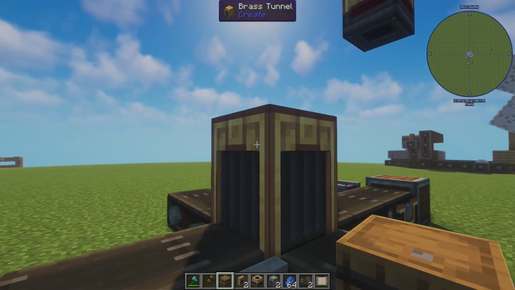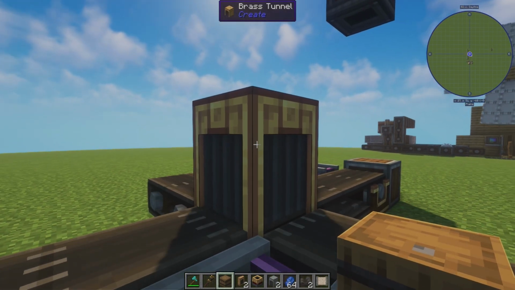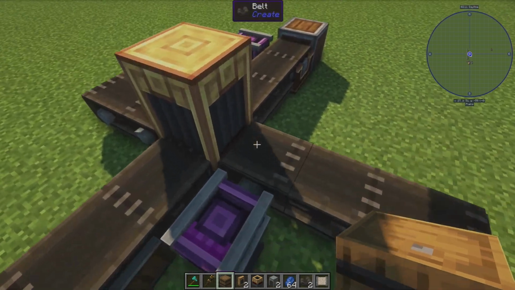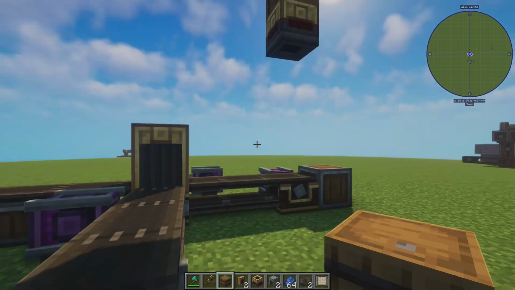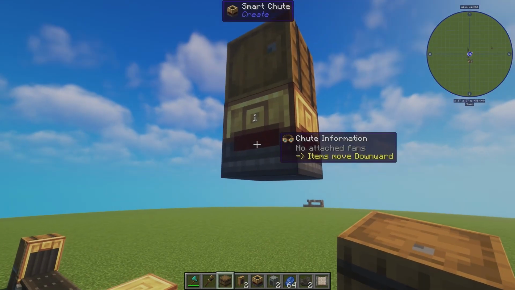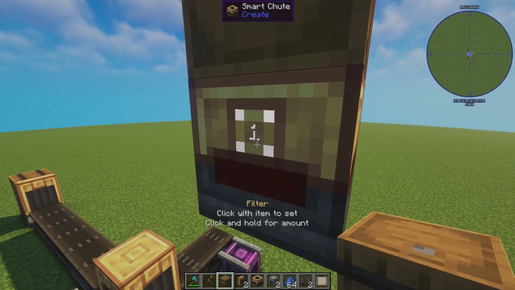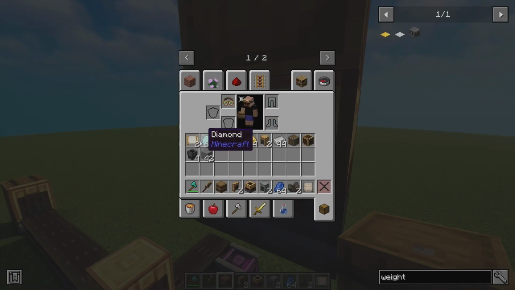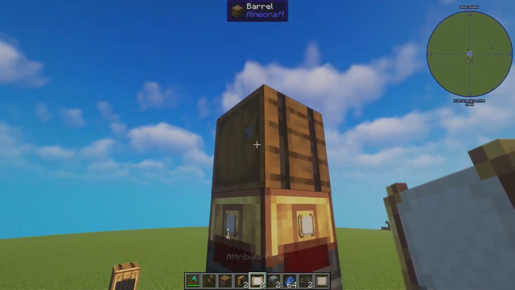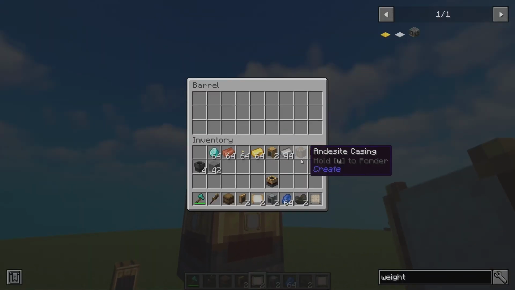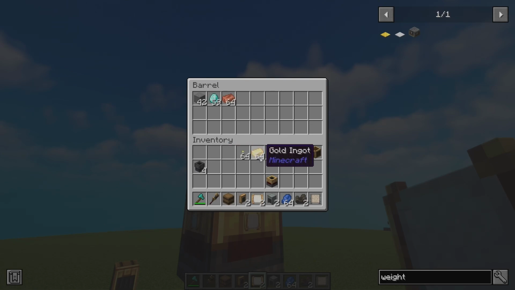There's still a little bit of a delay with the tunnel itself because there's a logic that happens in there, so be aware of that. The tunnel will be a slowdown in your system. Use them sparingly. And then just like with other brass things, you can filter this as well. So if we wanted to, again, say we only want to allow ingots and gems out of this, we could put a filter here. And then we could throw our stone back in there, and it won't drop them. But as soon as we start putting ingots and gems on there,